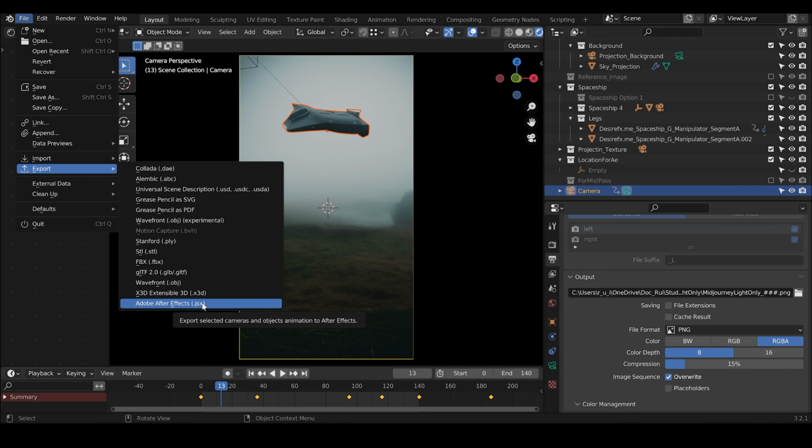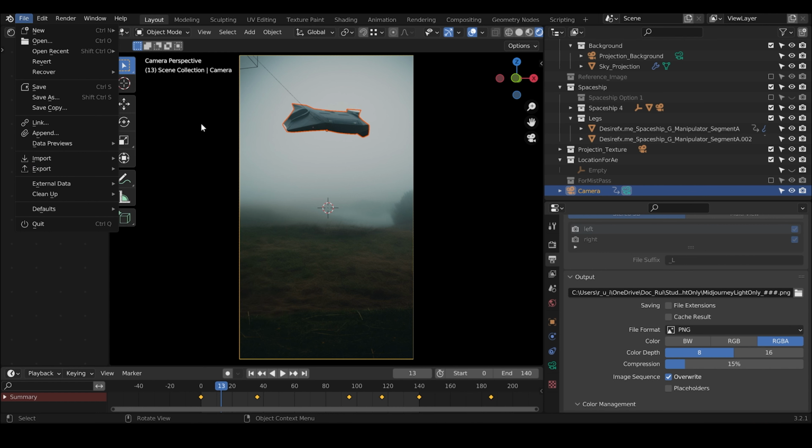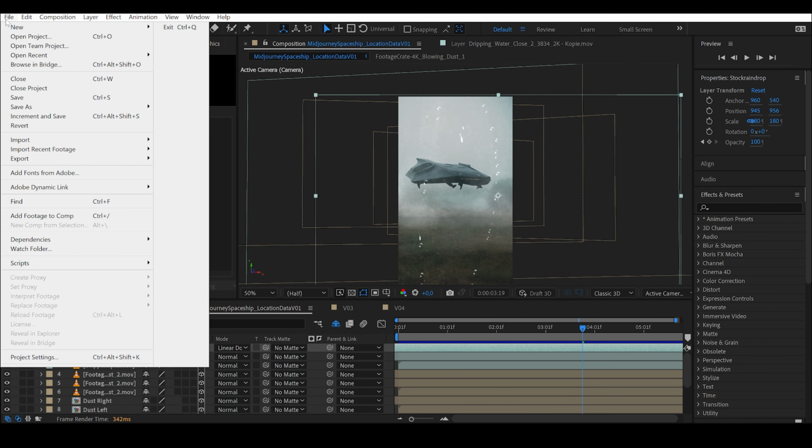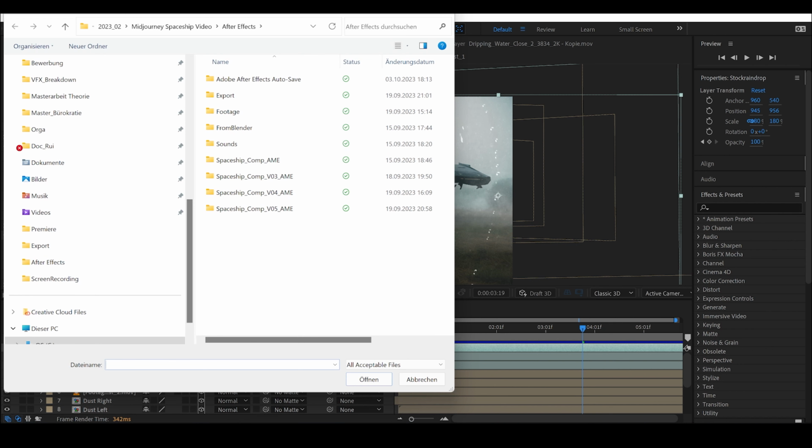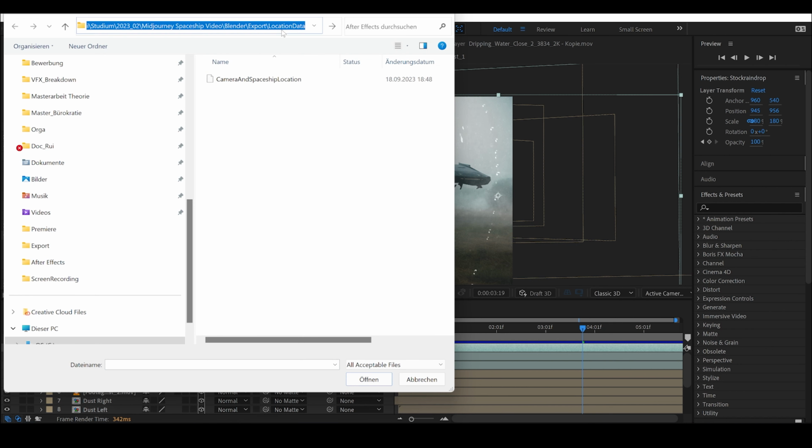If you need more information about exporting 3D data from Blender to After Effects, just follow the link in the description below, where a YouTuber explained really well how to do it. To import the JSX file that you just exported from Blender, you can just go into After Effects, go to File, Scripts, Run Script File, and then go to the location where you exported it,